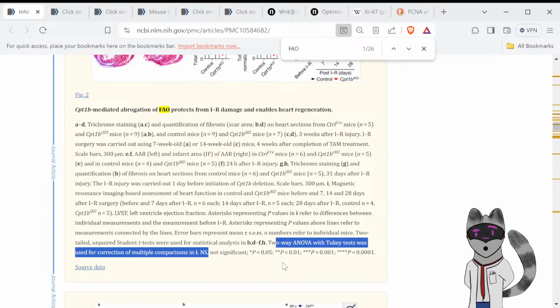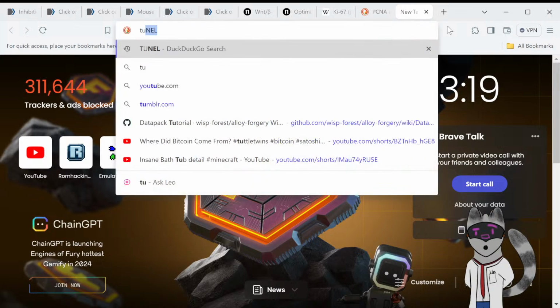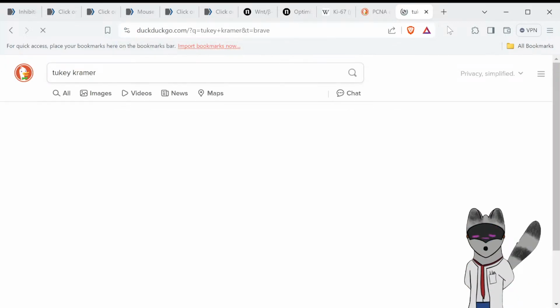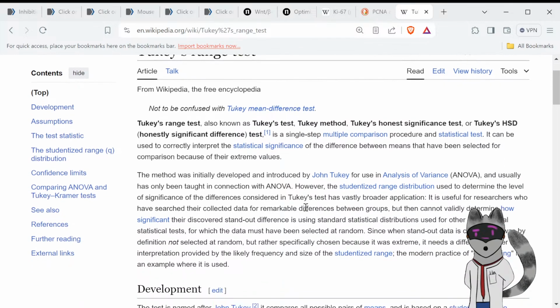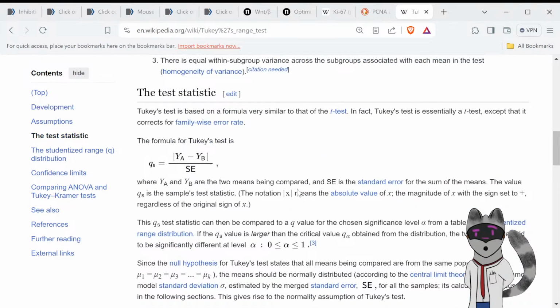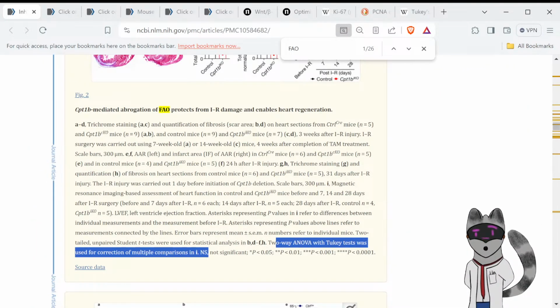And as I mentioned earlier, Tukey-Kramer is pretty much a ranked t-test. Wait, sorry, Kruskal-Wallis is a ranked t-test. What's the Tukey-Kramer again? Oh wait, Tukey. Come on, Tukey-Kramer. There we go. The Tukey's range test. Here's the Tukey-Kramer test. I am right. The Kruskal-Wallis is the ranked ANOVA. Oh yeah, okay, my brain still isn't turned into cheese yet. Okay, so yeah, the Tukey-Kramer is a